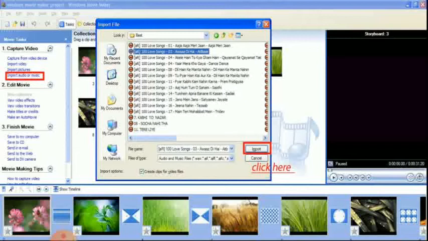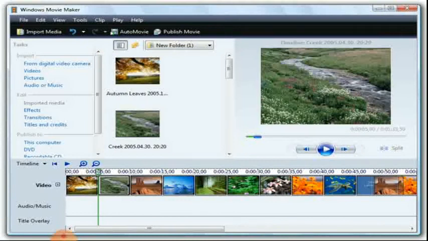Now the selected pictures will be displayed in the content pane. Click and drag the images to the timeline one after the other in the order in which you want to view them in the movie.